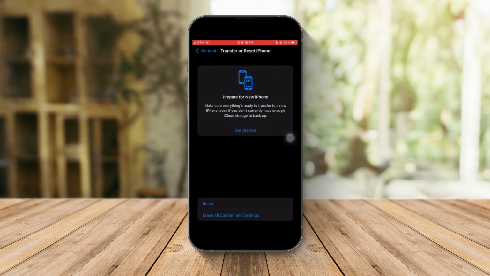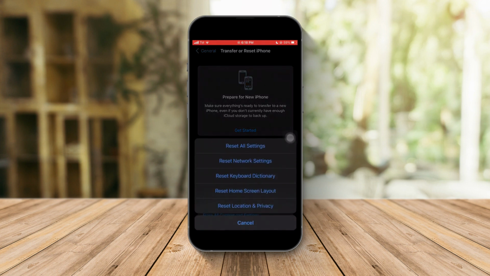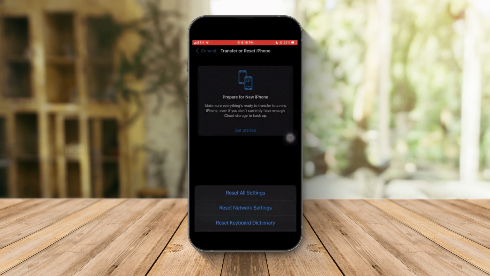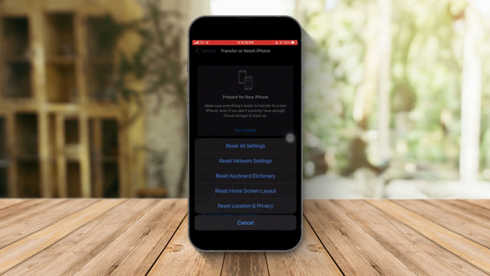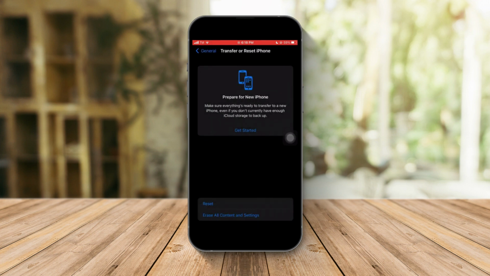For example, here you can reset network, you can reset keyboard, you can reset home screen layout, and you can reset location and privacy. However, if you click on this one, the bottom part, it's gonna erase everything and reset your phone to the